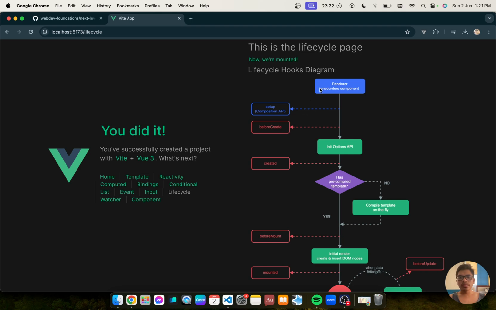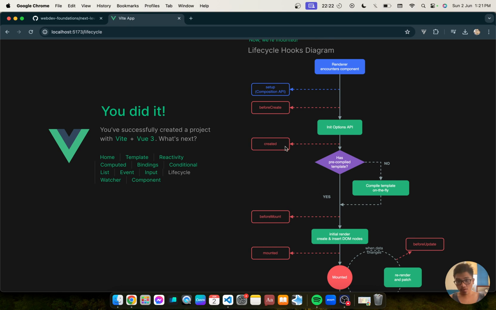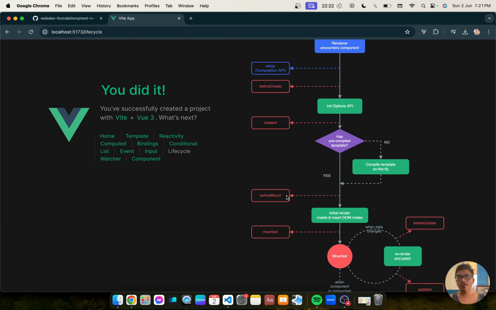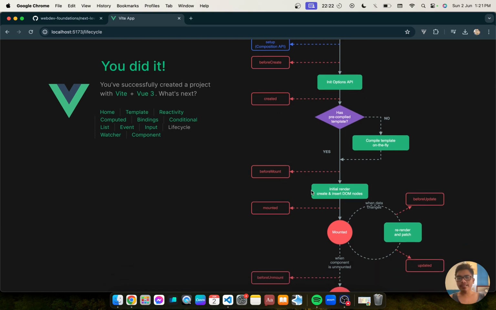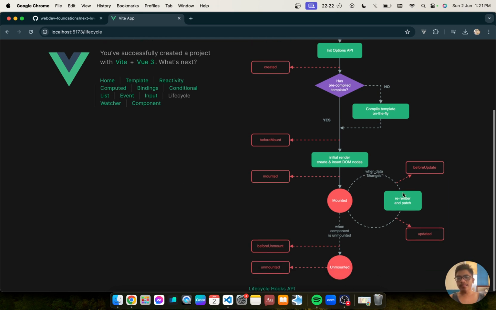At first, it's rendered and setup is accessed, and it enters the before create state, and it now goes to the created state, and it goes to the before mount state, and now it is mounted. So when data changes, it enters the before update state, and when it updates, it goes to the updated state, and when it's going to be unmounted, it enters the before unmount state and the unmounted state.